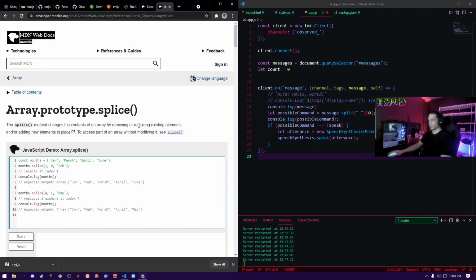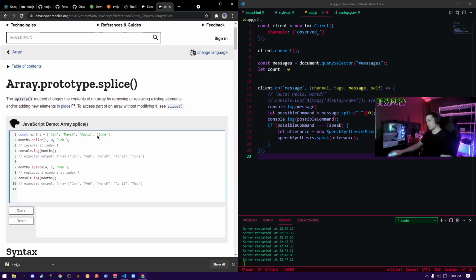Changes the content, removing or replacing existing elements. So it's done in place. Okay, cool. In place means it will modify the array. Okay, so when we split our message, it's going to give us an array of words. Let me show you what that is.